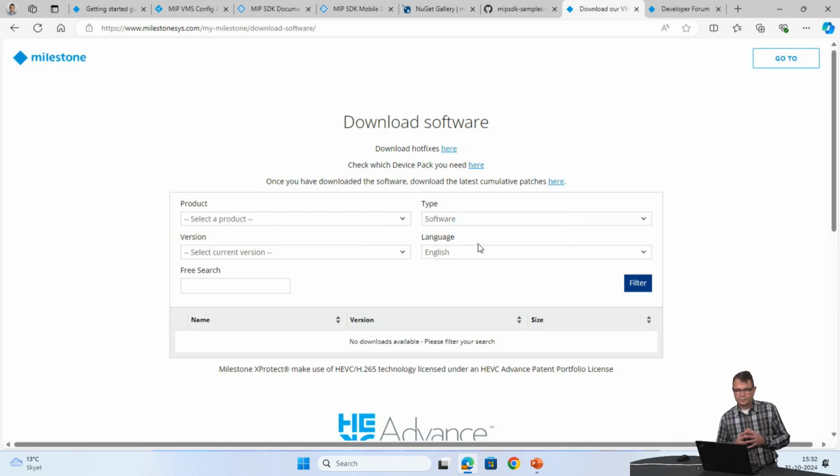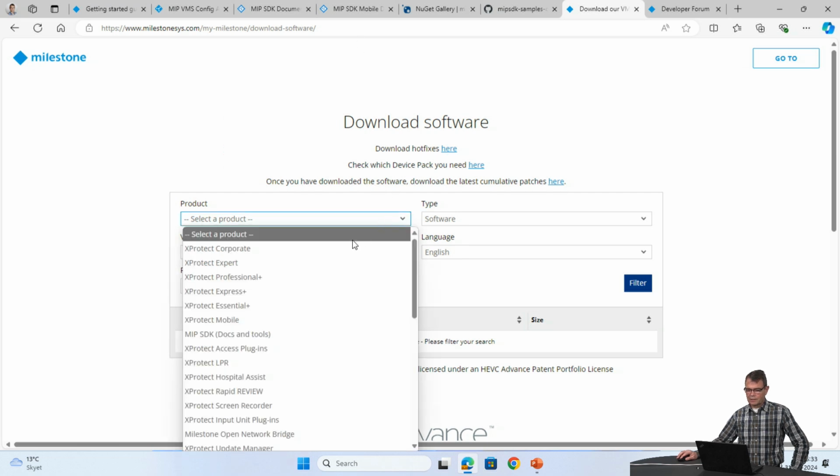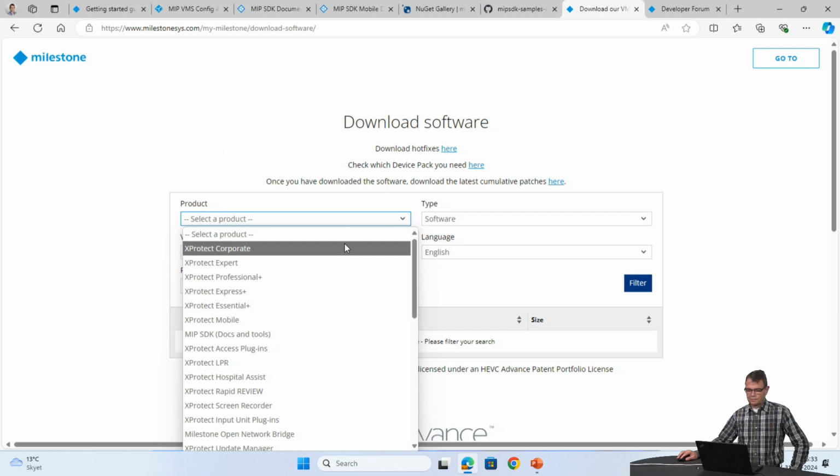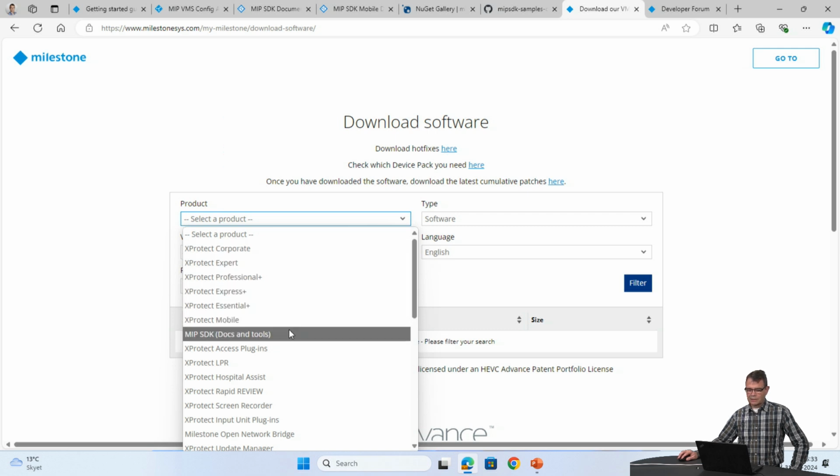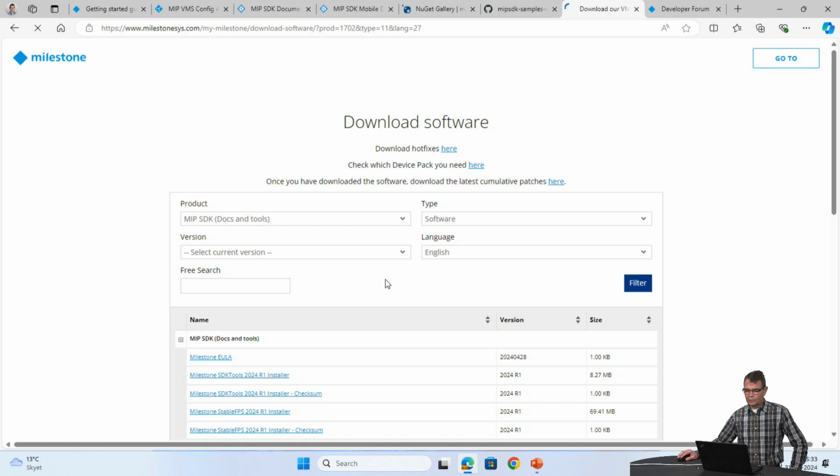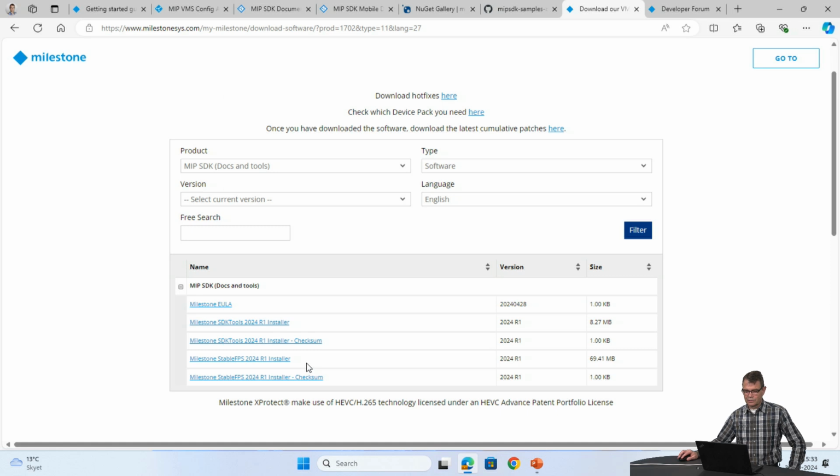So I talked about tools, and if you go to our website, you will need a My Milestone login. I've already done that. Then under download software, you can find our products, and you can find something that is called MIP SDK Docs and Tools. If you do that and you're looking for software, then there are two installers here.